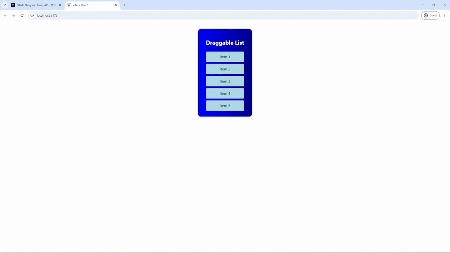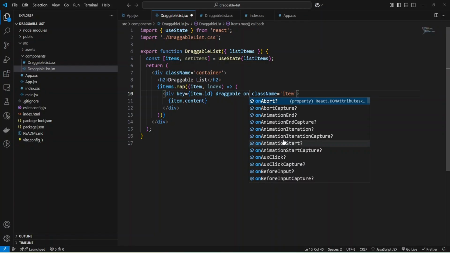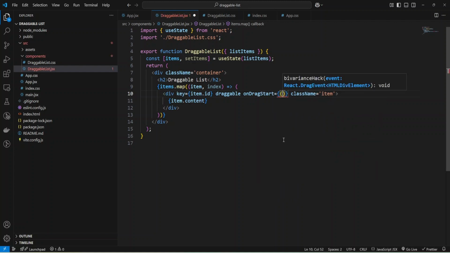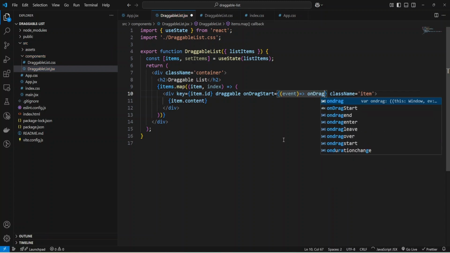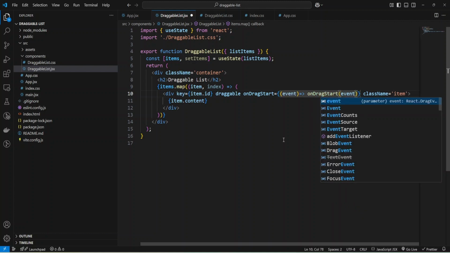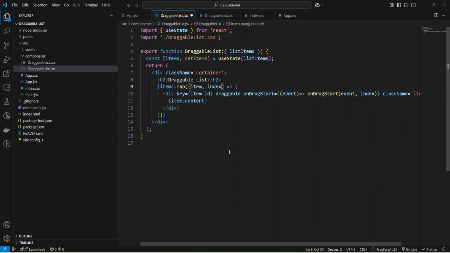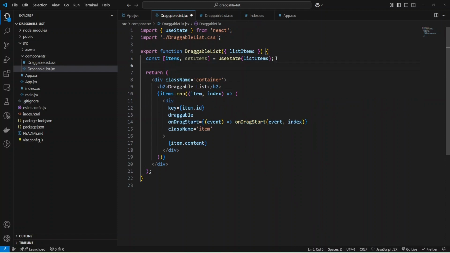And let me add the function onDragStart, a handler for onDragStart, and I'll provide event, and I need to call some function, and I'll add an event handler for onDragStart, and will pass event and index from my map.